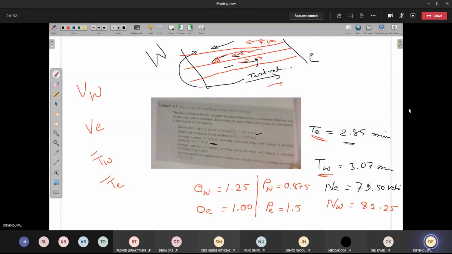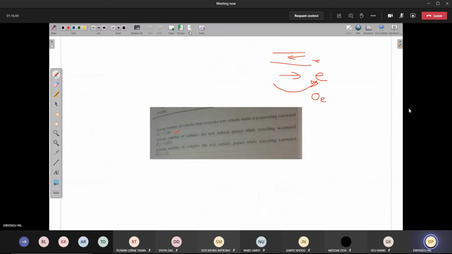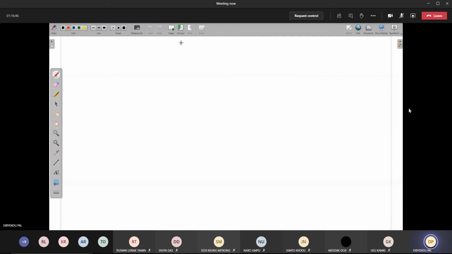Can you do the problem? Formulas are available. I have derived the equations for this case and this case. Though I have not written one case, you have to write it in a similar way. Just start the problem, and if you can, someone can tell me the answer. It will be good. Whatever summary I have written there, I will quickly write in this corner so that you can see the board and do it.